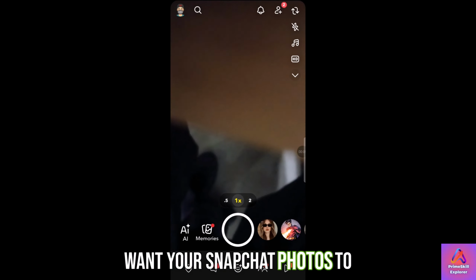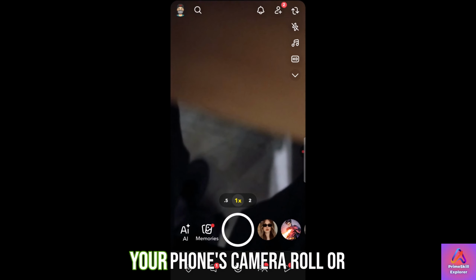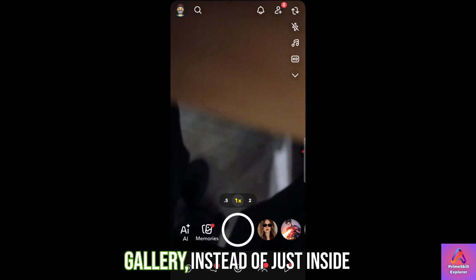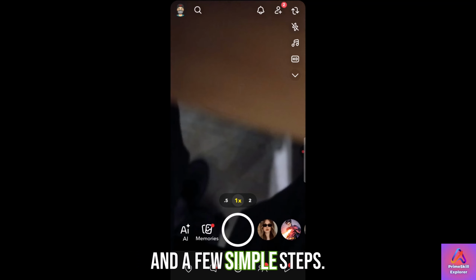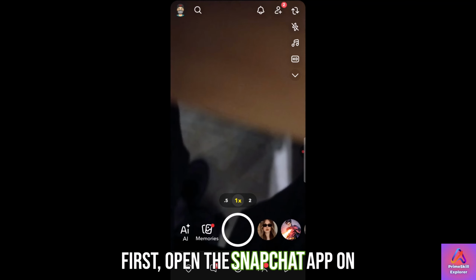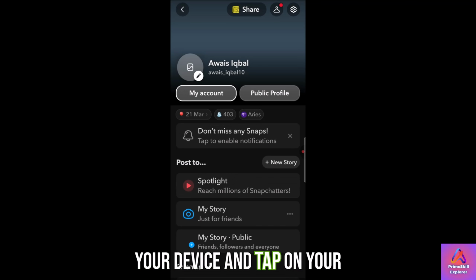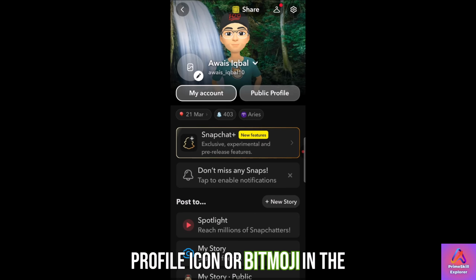Want your Snapchat photos to automatically save directly to your phone's camera roll or gallery instead of just inside Snapchat memories? Here's how to change your settings in a few simple steps. First, open the Snapchat app on your device and tap on your profile icon or Bitmoji in the top left